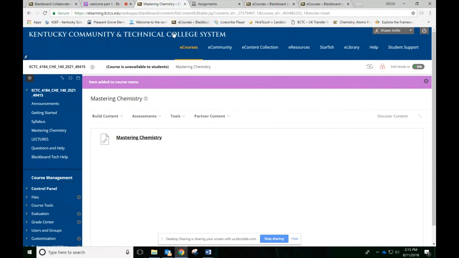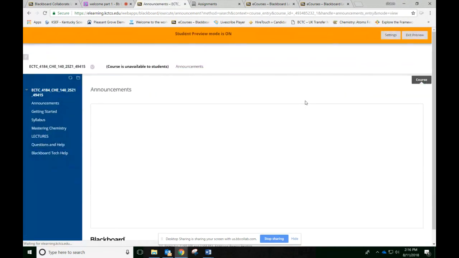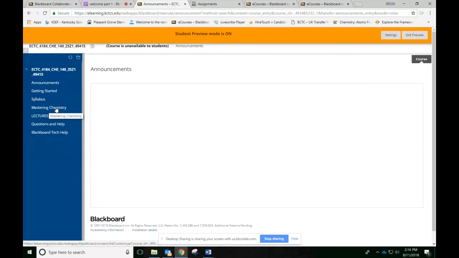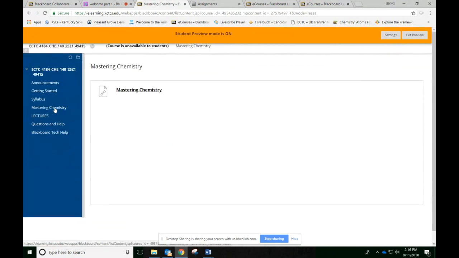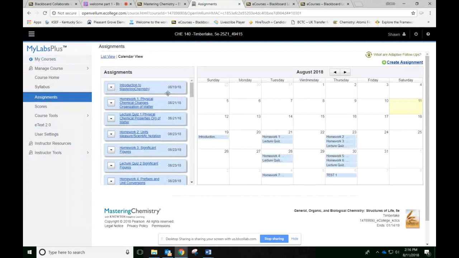So this is your course shell. And one thing you'll notice in your course shell is you see a button over here labeled Mastering Chemistry. When you click Mastering Chemistry, it'll take you to a second link, and I know that's clunky, but there's no way around it. It'll take you to a second link that will create a lesson like that. I'm getting an error message because I don't have access in the preview mode, but what will happen is it'll pass you through to that second screen, and then it will pass you through to